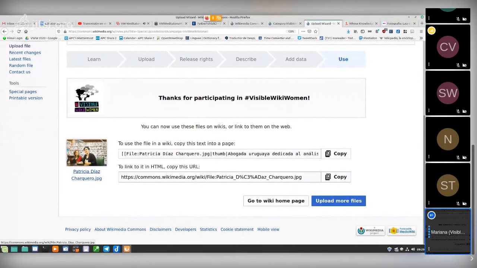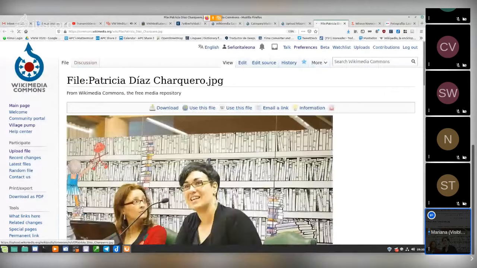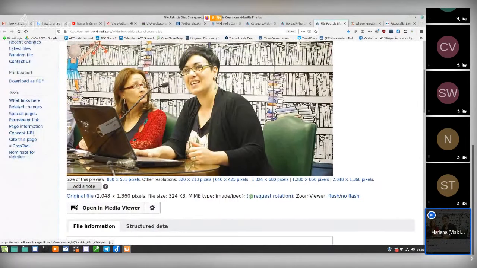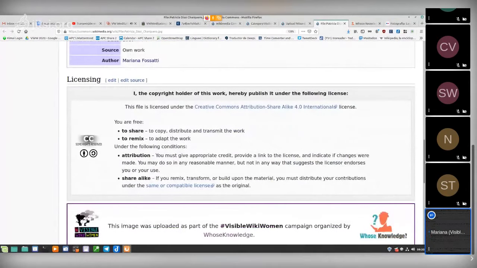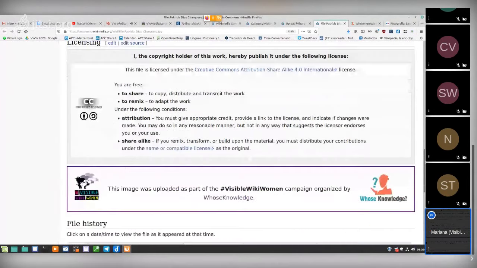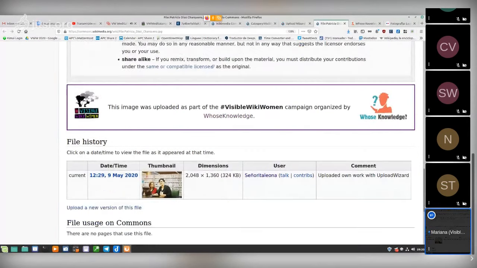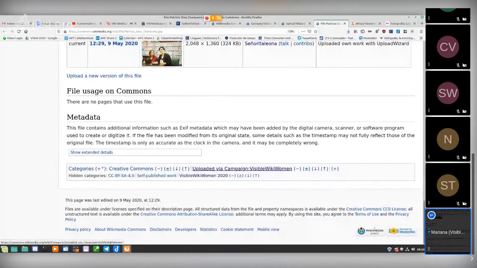This is the file. These are links and the code to use it on Wikipedia. And if you want to upload more files, you can continue, or you can go to the homepage of Wikimedia Commons. I will go to the file here. And this is the license. And this is a template of VisibleWikiWomen. And you can see here the